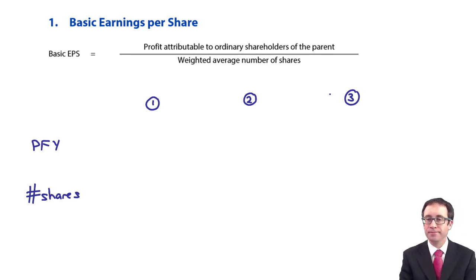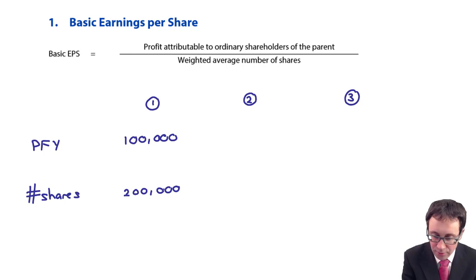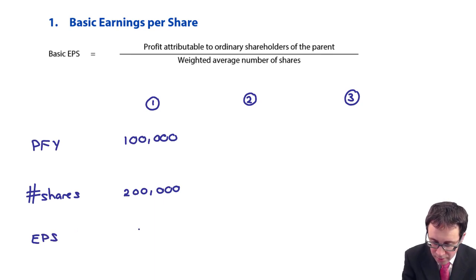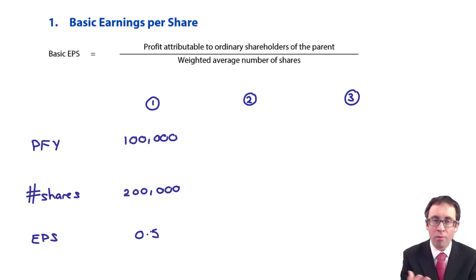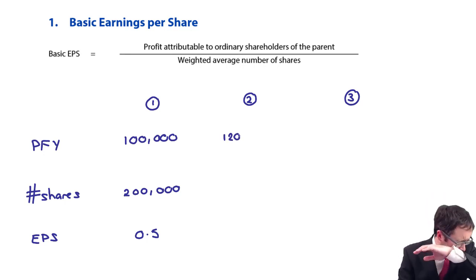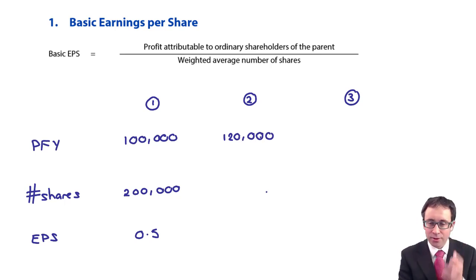and 3. Let's just say that my profit for the year in year 1 is 100,000, and the number of shares that are in issue are 200,000. If that's the case, then the earnings per share, one divided by the other, is 0.5 per share. If the profits for the year in year 2, pardon me, increase to 120,000,